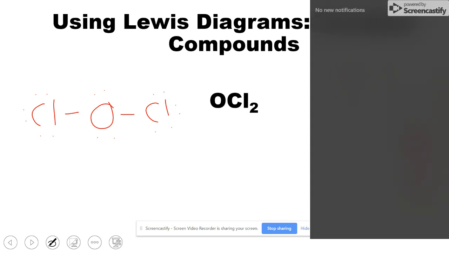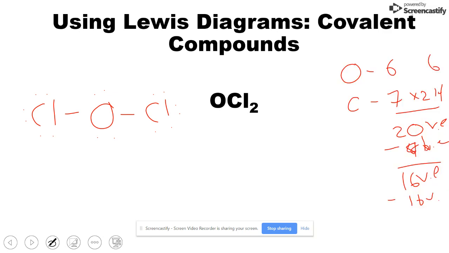And now I'm going to double check that my math worked out correctly. So here, chlorine has 6 valence electrons and 2 bonding electrons, which means he has an octet, so he's good. Oxygen has 1, 2, 3, 4 valence electrons and 2 different sets of bonds. So 4 plus 4 is 8. So he has an octet. Chlorine has 6 valence electrons plus the 2 that are participating in bonding. So he has an octet. So everyone is happy, and this is my